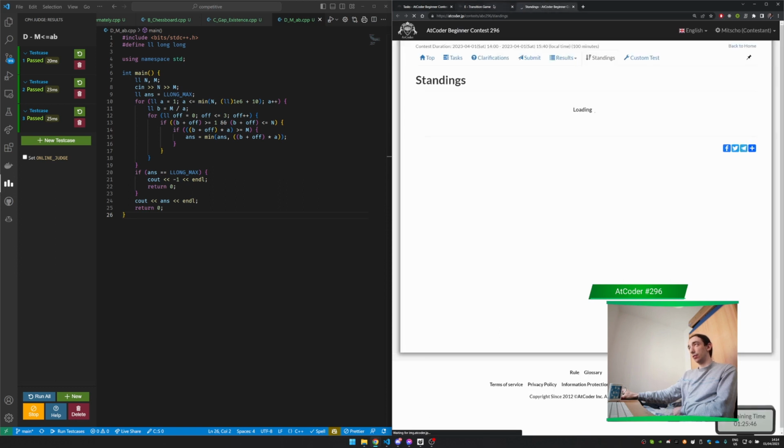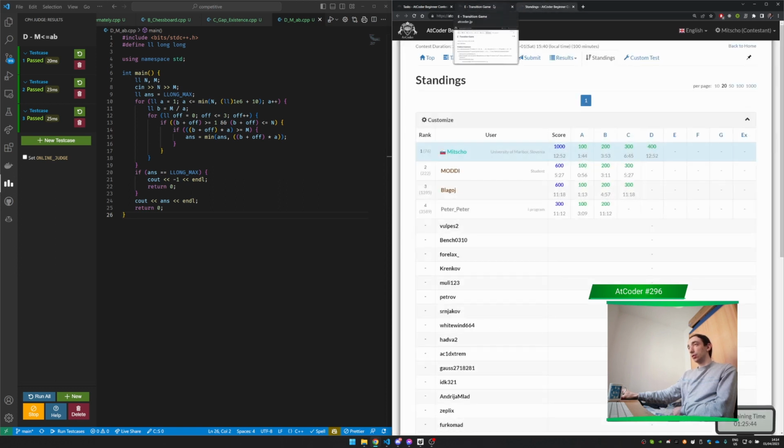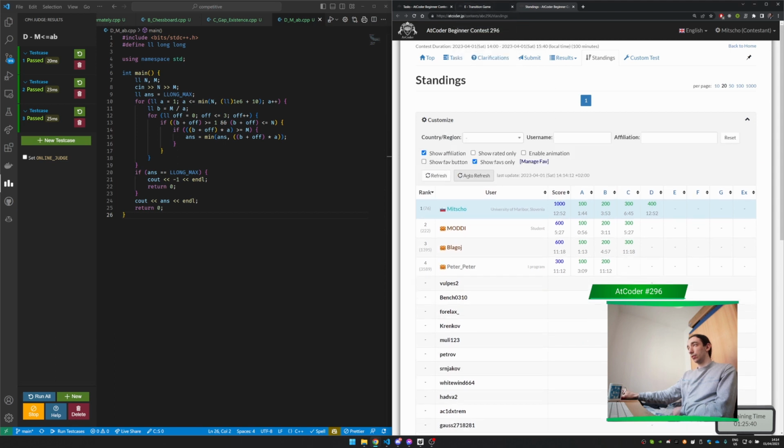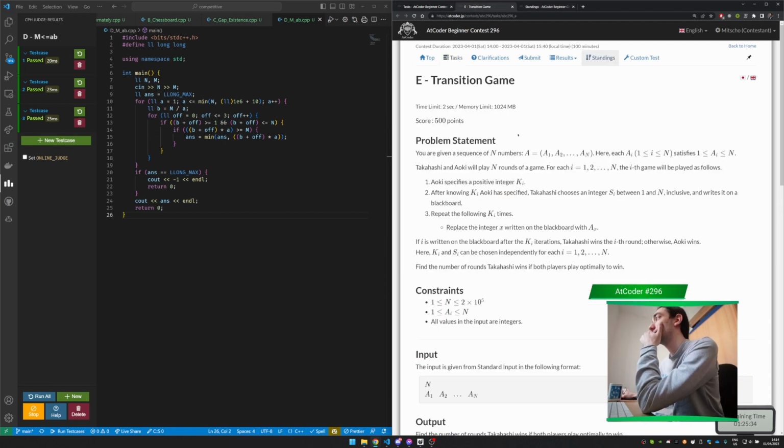Okay, this is solvable. I just have to, okay, so we have some cycles, and for Takahashi to win the ith round, it has to end up being i no matter